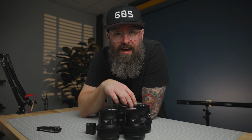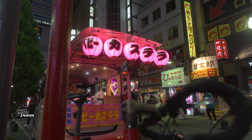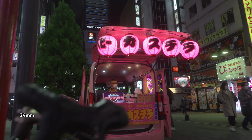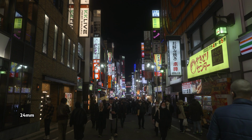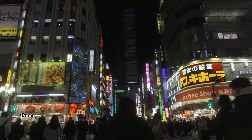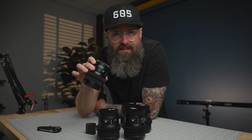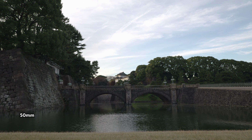So there's just a few reasons why I think that these S-Series Prime lenses from LUMIX are a great investment if you are an S5 or any other L-mount video shooter. I mostly talked about video, but they're great photography lenses. But I think these S-Series Primes are a great investment for anybody who wants to shoot video, whether you're just starting shooting video with a LUMIX L-mount camera, or if you've been doing video professionally for a while. I think these are great, fast lenses that would be great for your setup, your camera bag, your rig, whatever you're using. I think this is a great set of primes